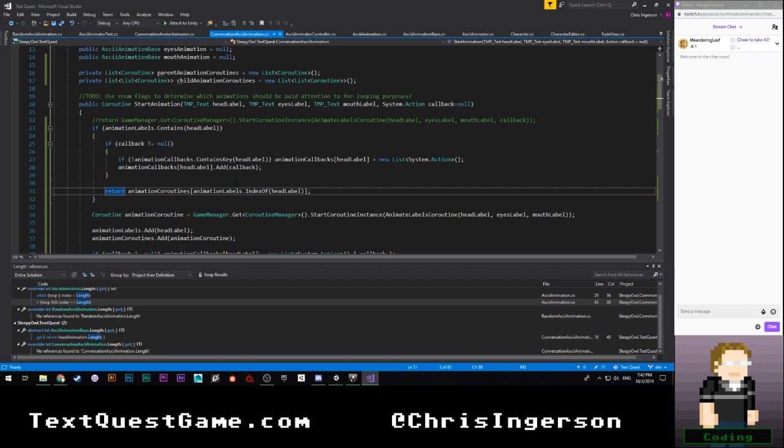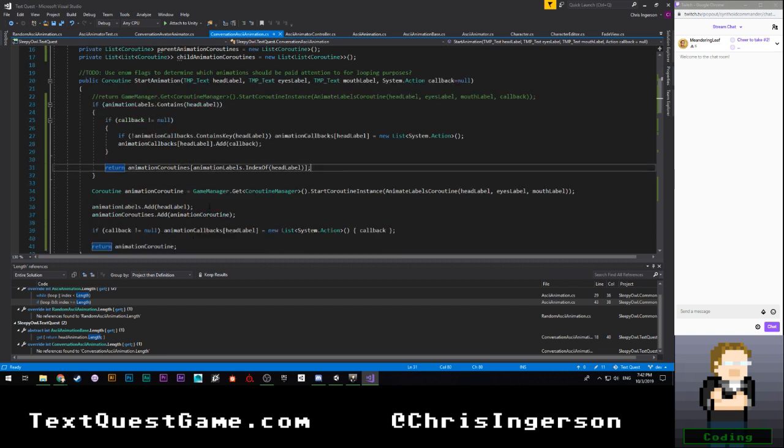So I want a dictionary. I don't need a new list for my parent animation coroutines. Those can be fine. I do need to have a new list for the child animation coroutines because those are no longer valid. So animation labels and animation coroutine are fine.